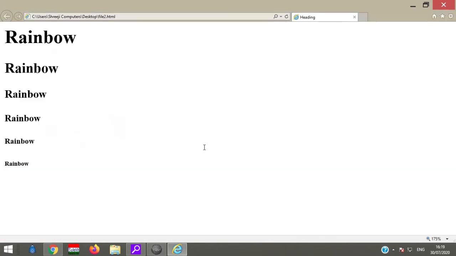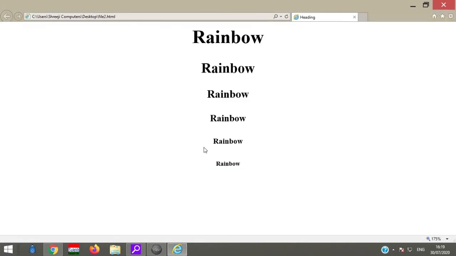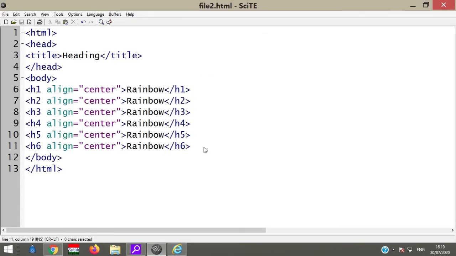What will be the output? You can imagine it. So align is a type of universal attribute. Why? Because it is used with more than one tag.